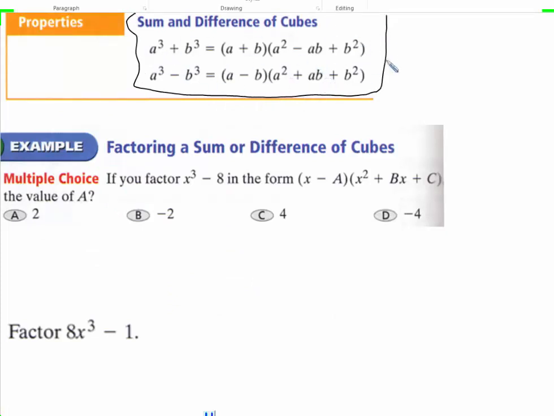just with variables. So for sum and difference of cubes, this is explaining how you get the values and everything like that, using variables. So that was factoring. So we just factored. This is how to factor a sum or difference of cubes. Let's talk about what we do if we need